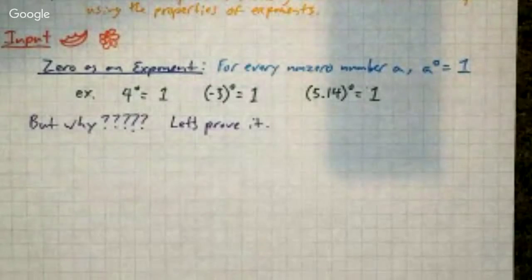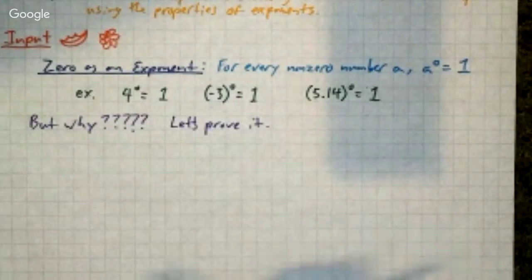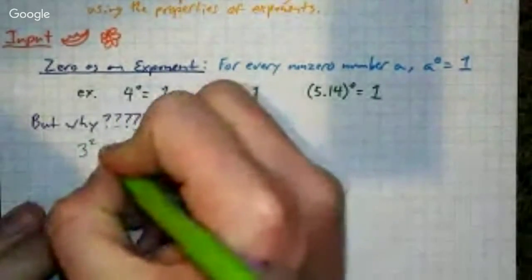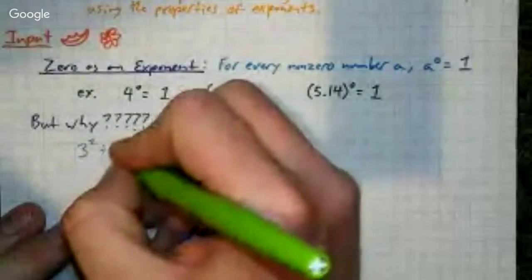Now, I know in 7th grade, one of the things we learned was when we started talking about exponents, different ways of combining exponents. So if you divide two of the same bases that have exponents, you just subtract their exponents. So let me refresh your memory by writing what that means. So if we had something like 3 to the power of 2 divided by 3 to the power of 1,